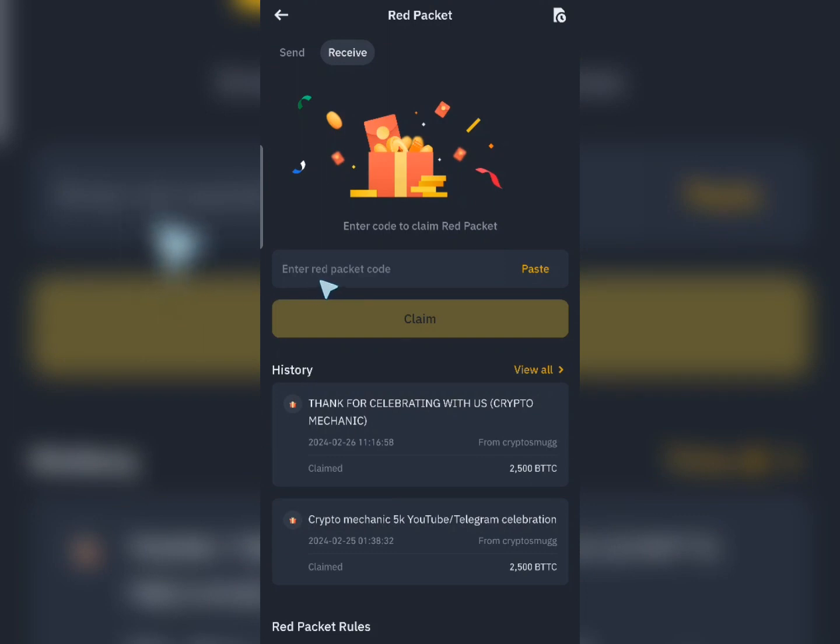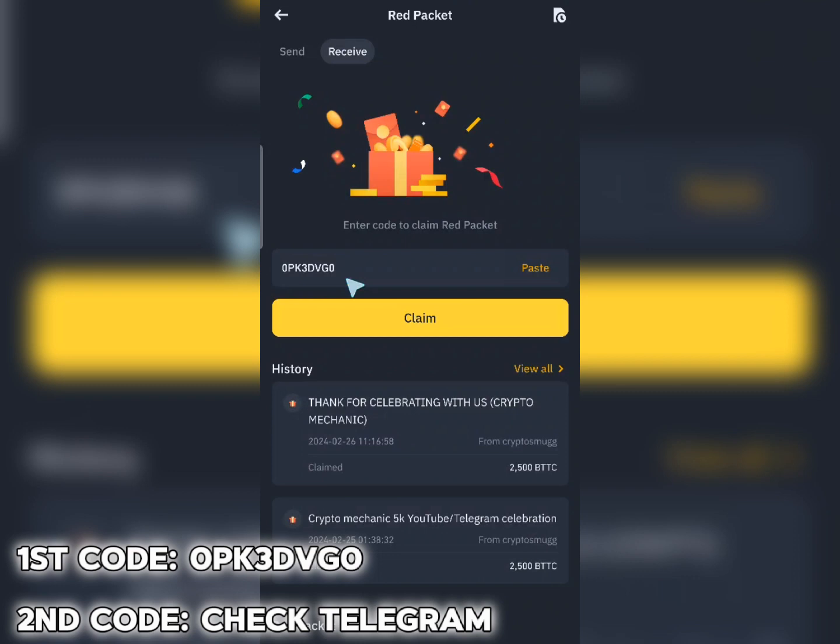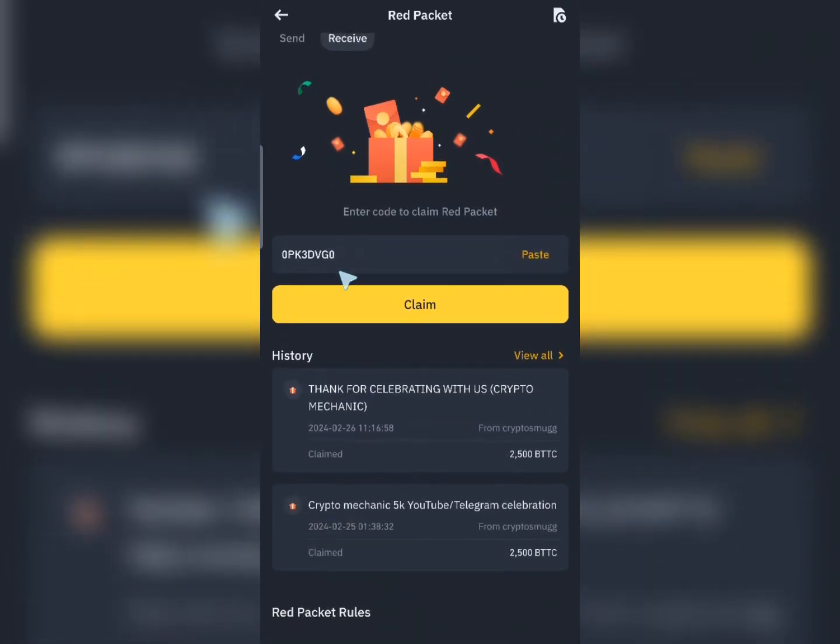Over here, you need a code that you need to paste right here before you can go ahead and click on the claim button to claim yourself free BTTC coin. Now you can see this is the code right here. So all you need to do is copy this code, write it down, then go to the Binance account, follow my procedure to get over here, write down this code right here and proceed with your claim.